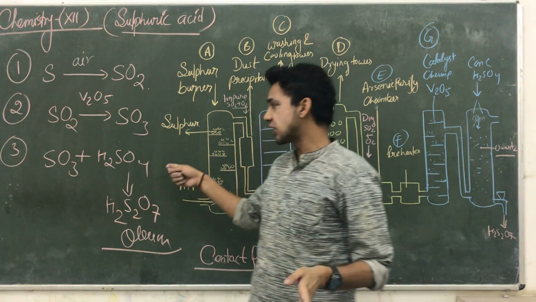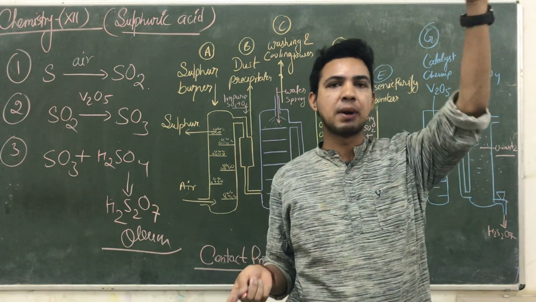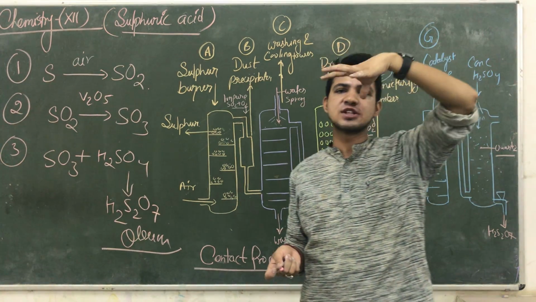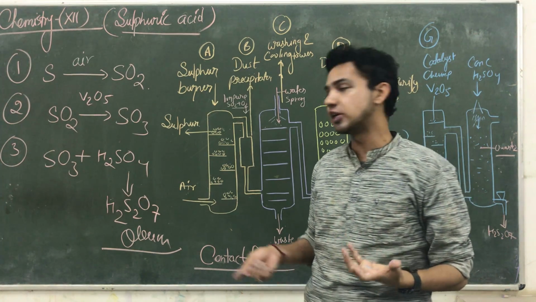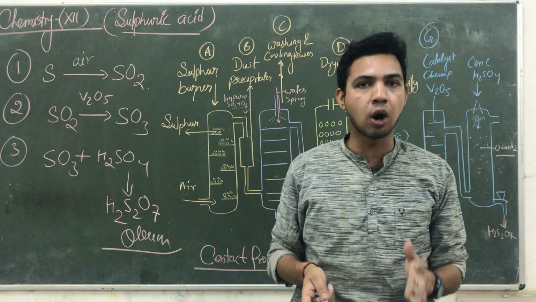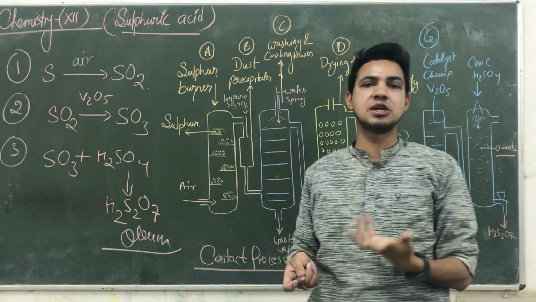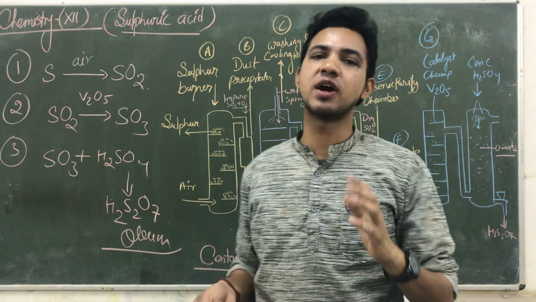Okay. And the next and last step: the sulfur trioxide is passed inside the sulfuric chamber. हम ऊपर से सल्फ्यूरिक एसिड को पास करते हैं and sulfur trioxide comes into contact with the sulfuric acid, giving you H2S2O7, which is known as oleum. They generate a large amount of fumes and heat, so that's why its name is fuming H2SO4. Okay, so see guys, we are working on this one.